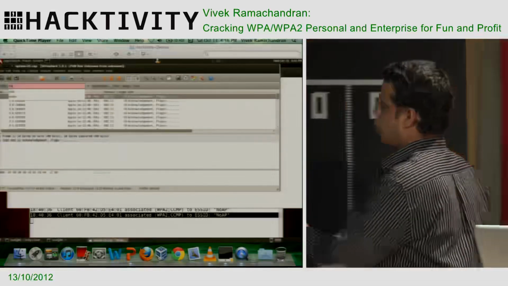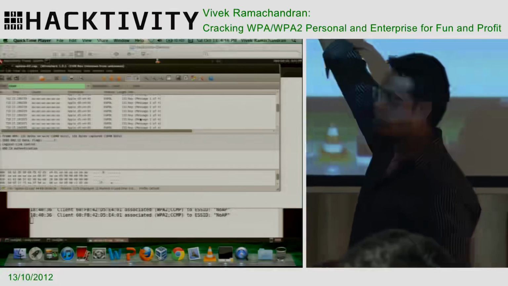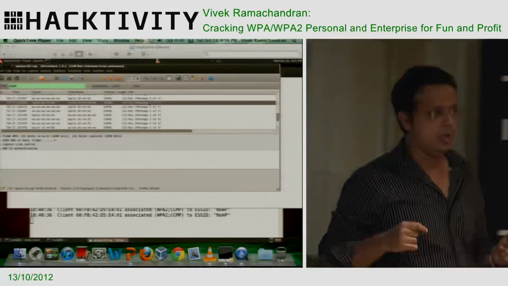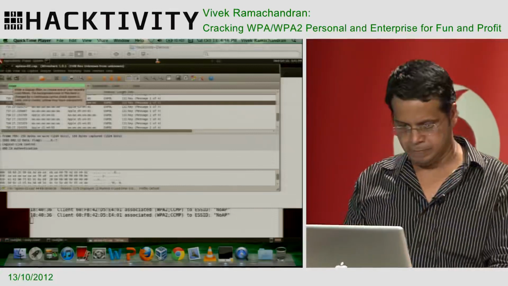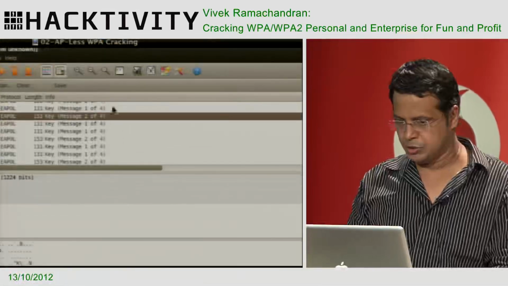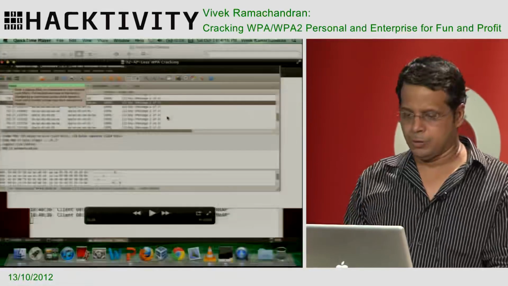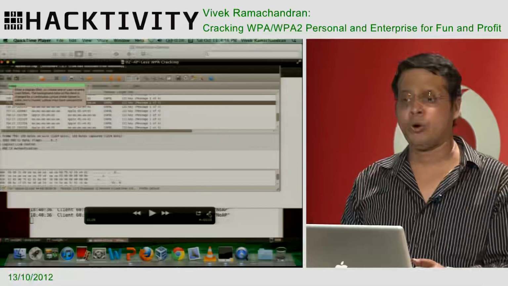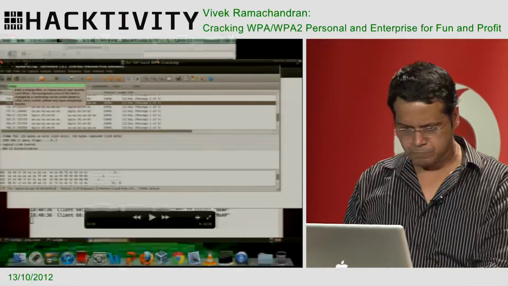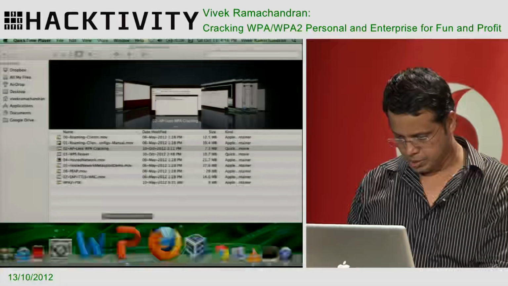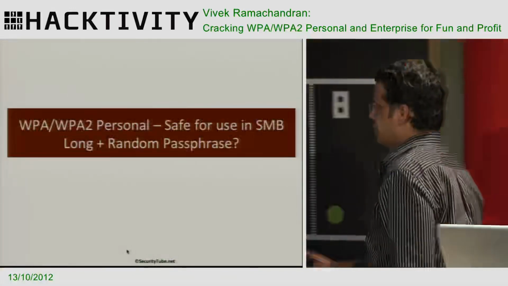Now, a quick word of caution. Aircrack-ng and many of these tools seem to fail unless you actually manually pick up those packets and separate them. Because there seem to be a lot of retry which is going on, and Aircrack-ng just fails. Right? So keep that in mind, because if you look here, you'll see 2 of 4, 1 of 4, 1 of 4, again 2 of 4, right? Aircrack-ng gets confused. The way to do that is just mark the packets, export them as message 1 and message 2, and run what you've been doing before. Let me go back. Okay, so this is how AP-less